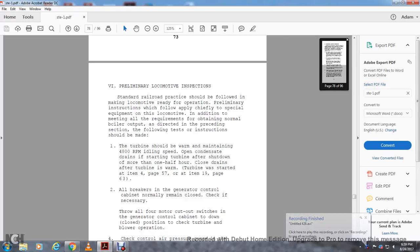Alright, preventative locomotive inspections. Standard railroad practice should be followed when marking a locomotive ready for operation. Preliminary instructions apply chiefly to the special equipment of the locomotive, in addition to meeting all the requirements for attaining the normal boiler output. This is directed with the proceeding of this section with the following test. For the instruction, the turbine should be warmed and maintained at 480 RPMs idling speed,